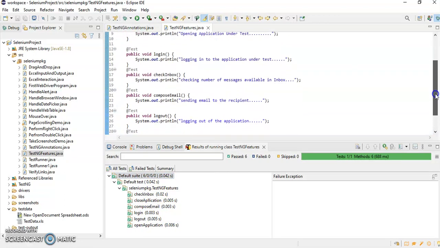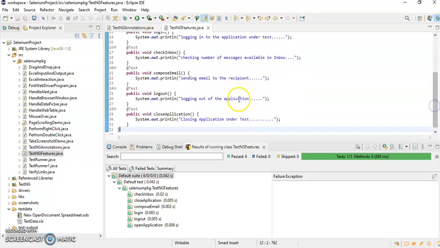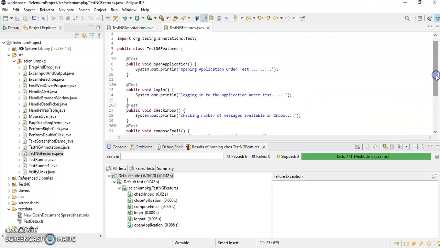Okay, so what I can do here is, it should be application, spelling mistake. Okay, so to execute these test methods in a sequential order, we have something called priority. So we have to use the priority parameter and we can set it to 0. So I'll just write here priority is equal to 0. That means this particular test method will get executed first. Okay, so priority starts with 0.